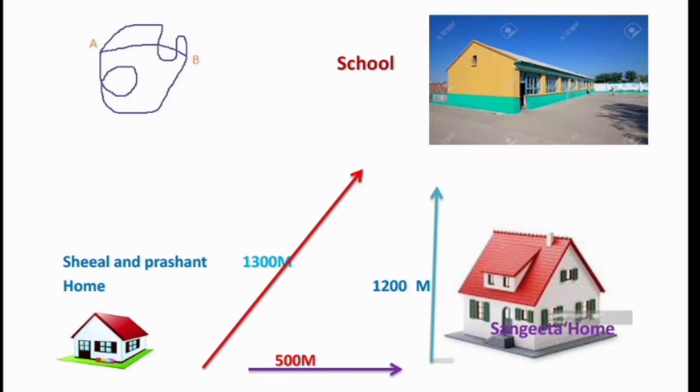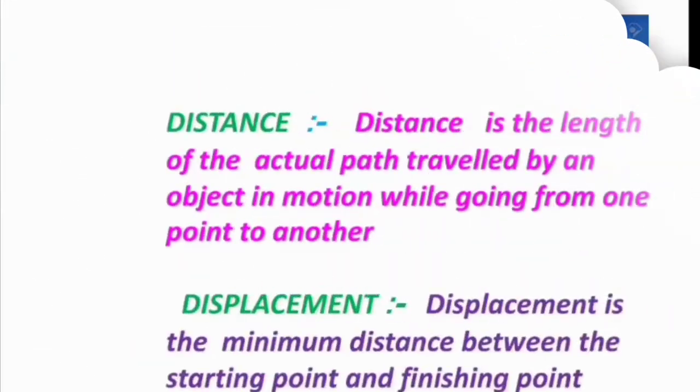The distance traveled by Sheetal is 500 meter plus 1200 meter. Total distance traveled by Sheetal is 1700 meter. And the distance traveled by Prashant is only 1300 meter. So the difference, 1700 meter minus 1300 meter, is equal to 400 meter. Prashant and Sheetal walk at the same speed and the distance traveled by Prashant is less than that traveled by Sheetal. Hence, Prashant will take less time to reach the school. Let's go to see